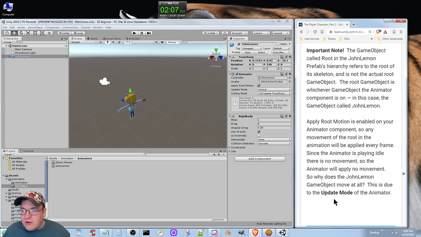Important note, the game object called root in the John Lemon prefab's hierarchy refers to the root of its skeleton, and it's not the actual root of the game object. The root of the game object is whichever game object the animator component is on, in this case the game object called John Lemon. Apply root motion is enabled on your animator component, so any movement, so